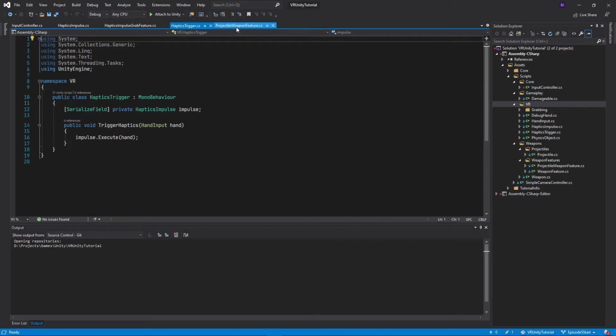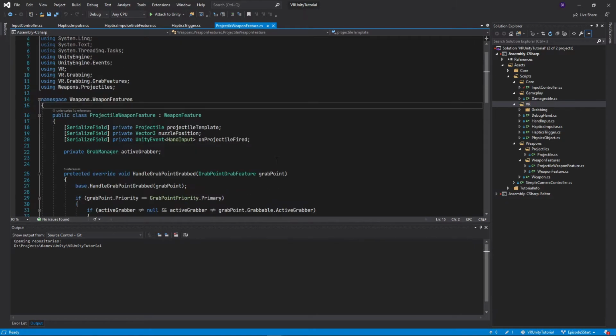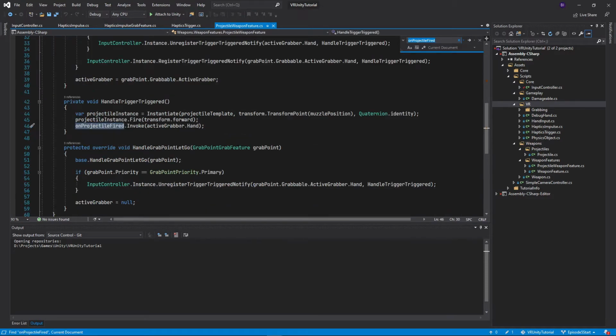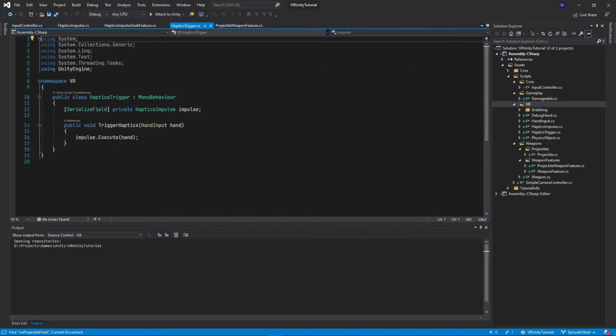The last set of modifications we'll need to make is our projectile weapon feature. I've added a serialized field for a Unity event, hand input, on projectile fired. And down here in handle trigger triggered, after we create our projectile instance and fire it, I'm calling invoke on that projectile fired Unity event, passing in our active grabber's hand. And this is what allows the projectile weapon on firing to tell our haptics trigger to actually execute the impulse command that it has. So join me over in Unity in the editor and we'll take a look at how